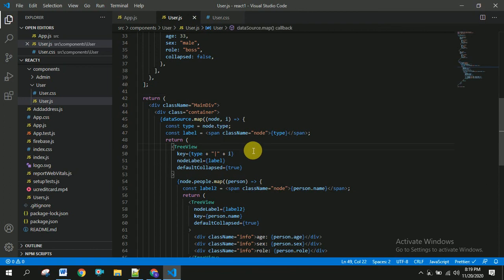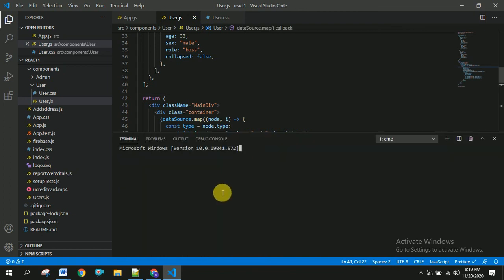and I am going to run my application by using npm start. This command will compile our application and run our application in the browser.